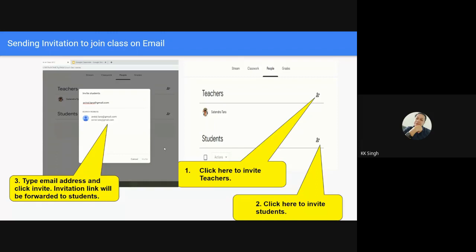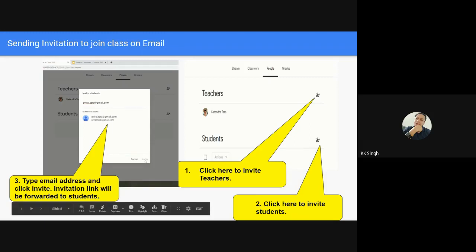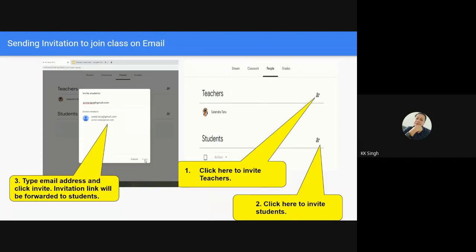How to invite the students? I must suggest that you copy all the email IDs from your sheet, paste them here, press enter and click invite. If you have the email list of the 40 students, paste all the email IDs here and click invite.